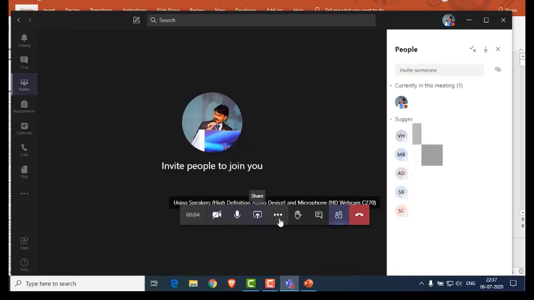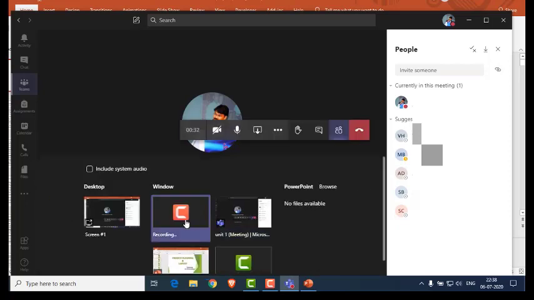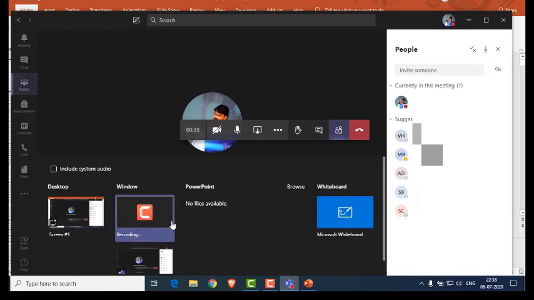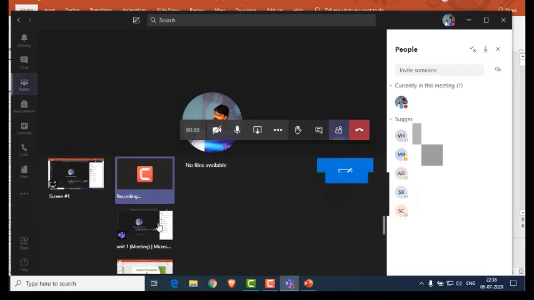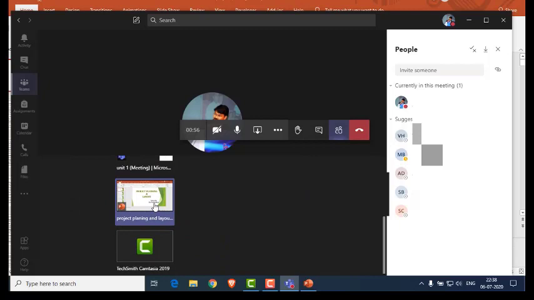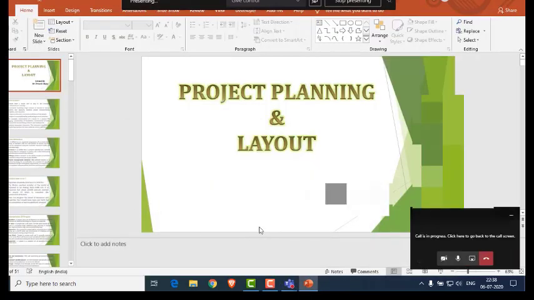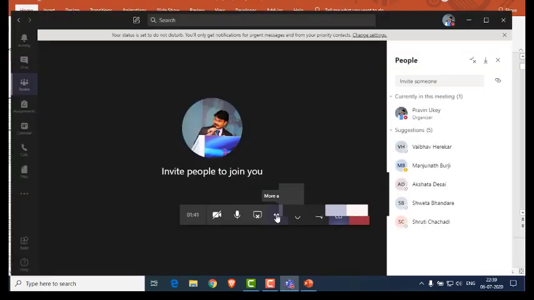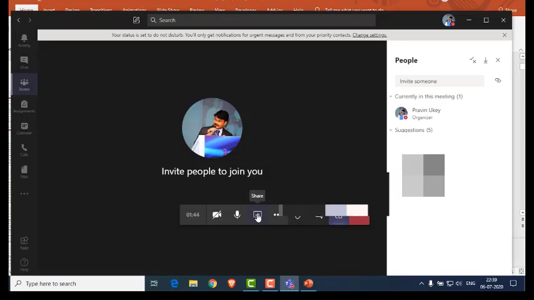Now here there are many options which you can see, like turn camera on, mute, then share. Now what is of our interest is this share option. It's suggested that if I want to share my desktop, this is particularly useful if I want to show many files, or maybe particularly in the field of electronics if it is required. Now let me just share my window. For example, if I want to share this PowerPoint presentation and I click on this, you will find this PowerPoint presentation will be going to the students. Now based on that I'll stop the sharing here.